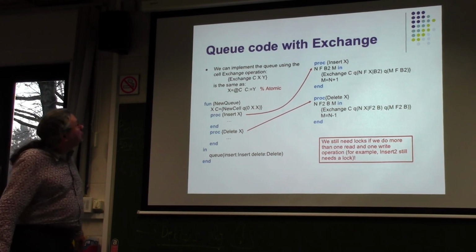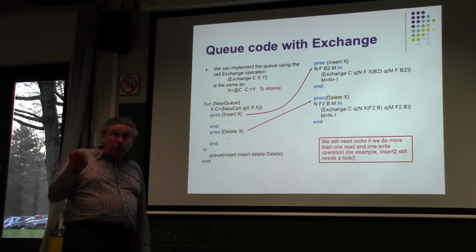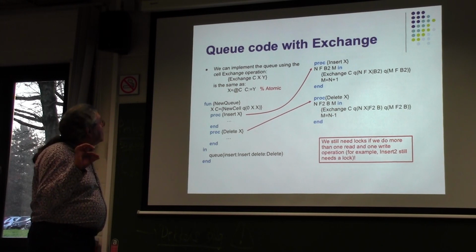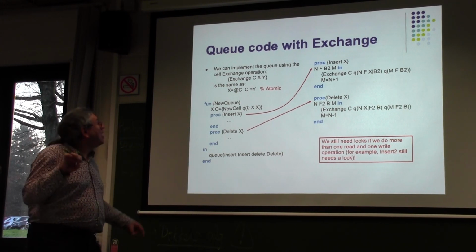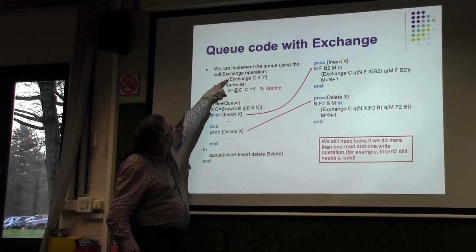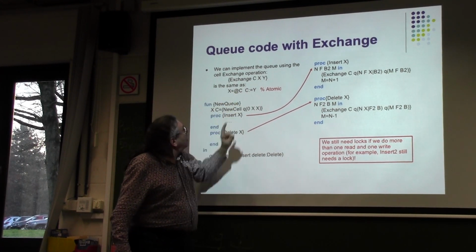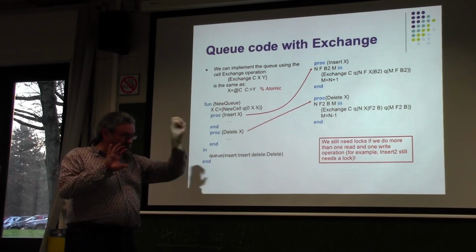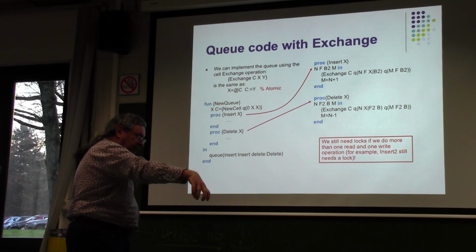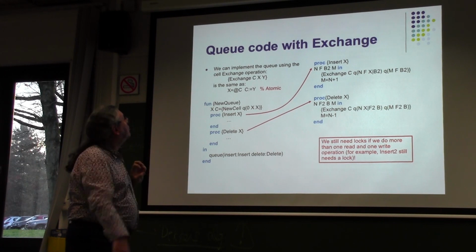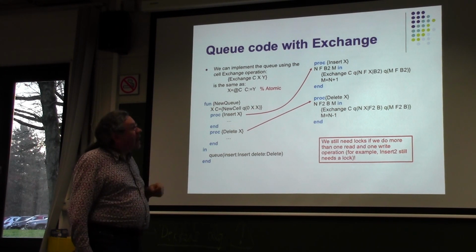Okay, here's another implementation of the queue without locks. Now I show you exchange. Remember, exchange CXY is the same as read and write. So basically, you read the old value and you update. So the exchange does both. And with that, we can actually implement the